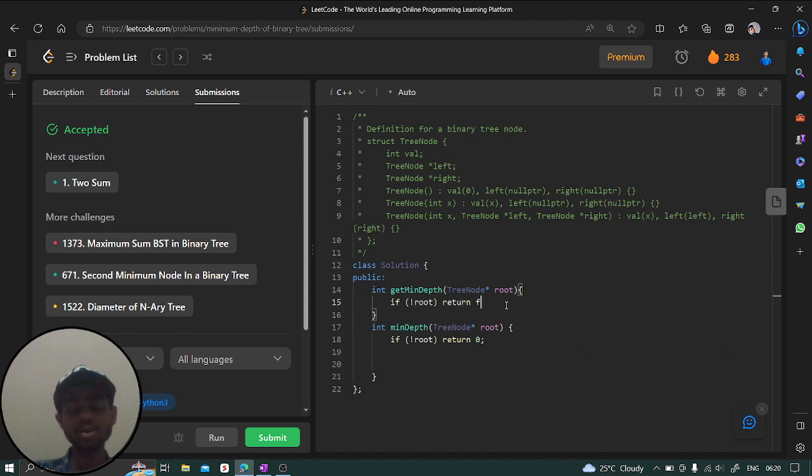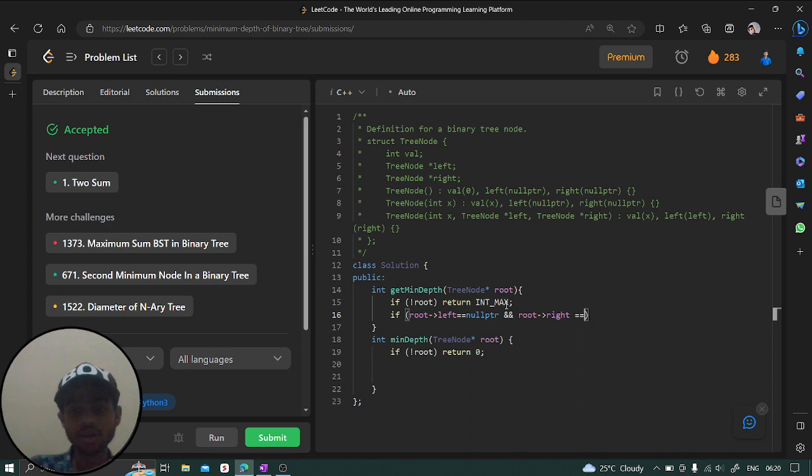So here, if no root exists, what are we going to return? We are going to return INT_MAX. But first of all, check if it is a leaf node or not. We can't use a dot operator here, we have to use the arrow. If root->left is nullptr and root->right is also nullptr, we have to use and because both should be null, that means this is a leaf node,